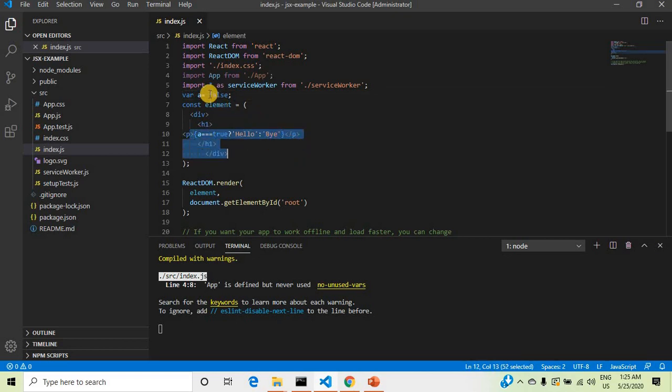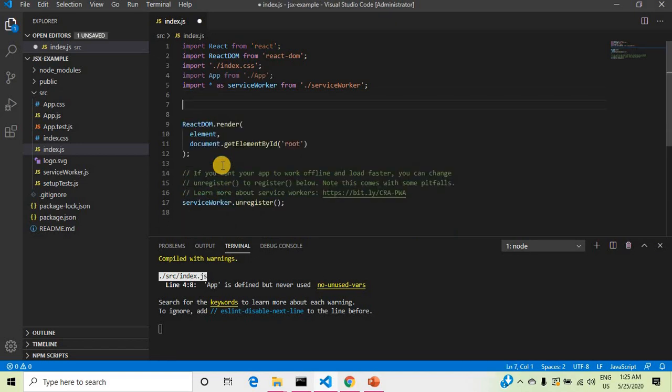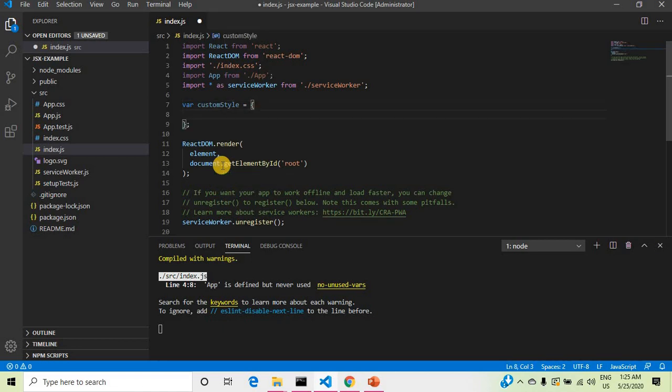That is the conditional expression. Now you can also implement CSS. For implementing the CSS, I am creating a custom style, just like you use inline style. Font, suppose the color.